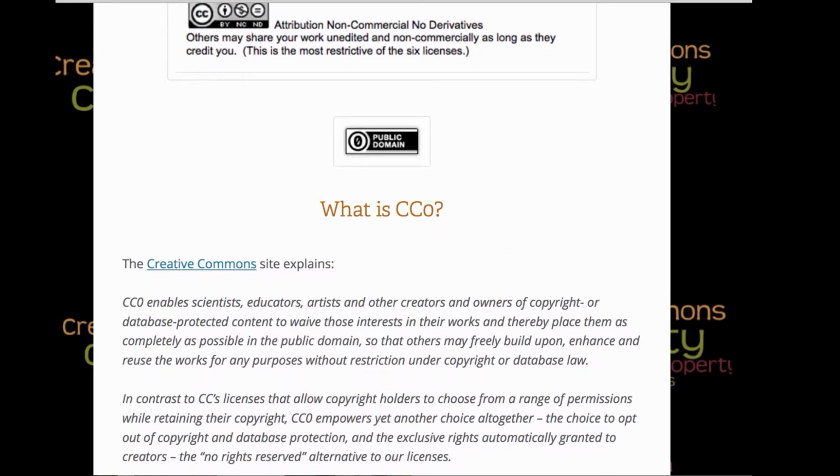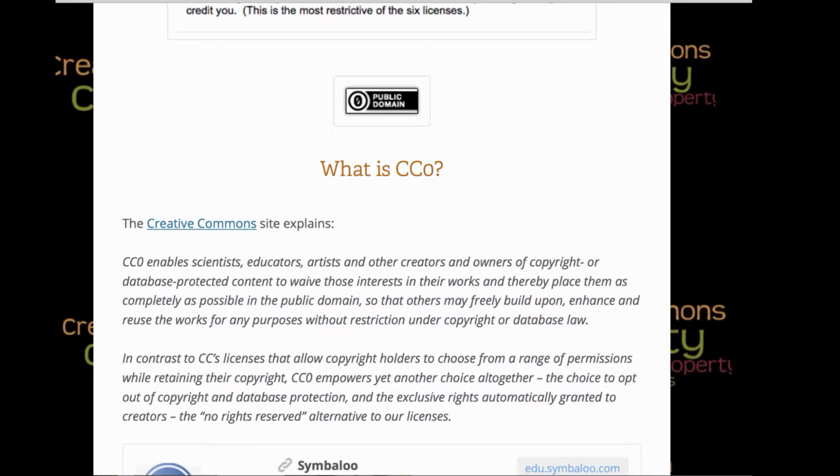A sub area of this is called CC0, and that is one part of what we call public domain. CC0 allows you to waive any interest at all in your works, placing them in as completely free a category as possible so that others can use, build upon, enhance, and reuse the work without any restriction, even that of attribution. And so CC0 is another interesting